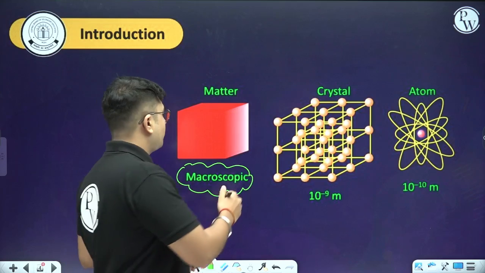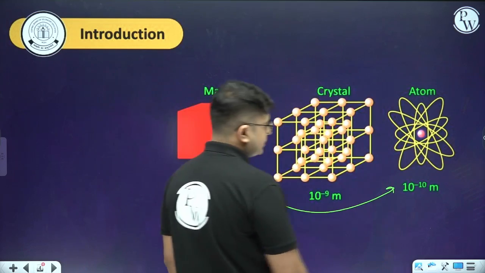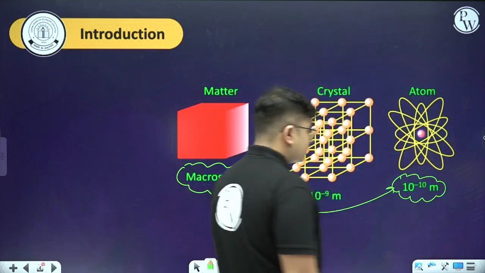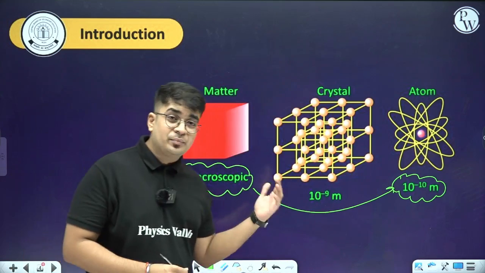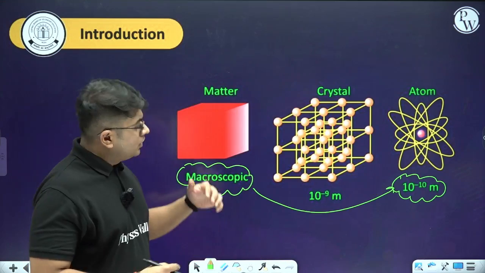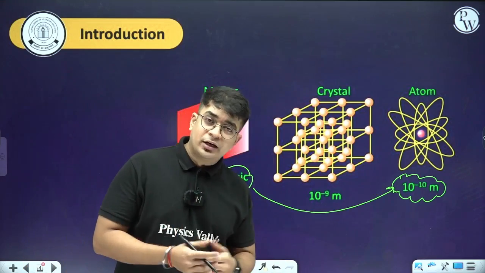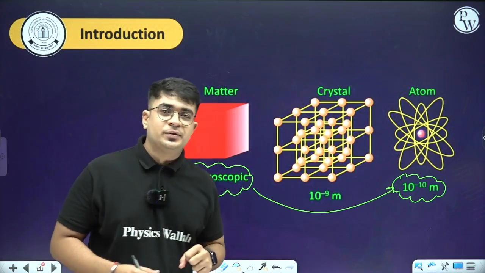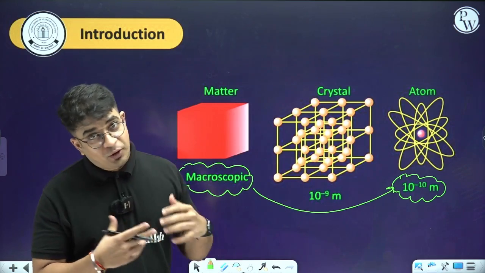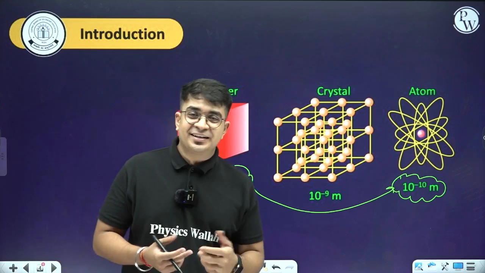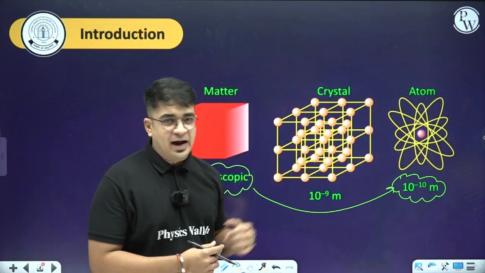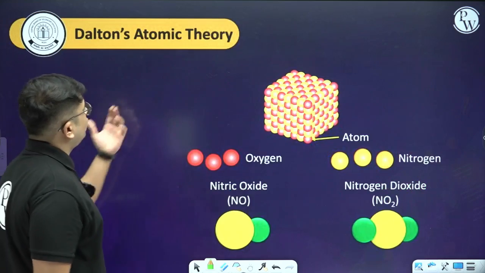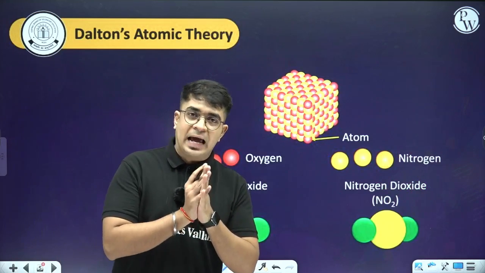And if I'm moving from macroscopic scale to microscopic scale, you can see the dimensions are going to change drastically. It is approximately 10 raised to the power minus 10 meter, which is 1 angstrom. I'm not saying that every atom is going to be 1 angstrom only, but it is in the range of angstrom, which is very, very, very small. You cannot see this with the naked eye, but we know about it, so definitely we need certain experiments to prove that the dimension of an atom is very, very small. The first part is Dalton's atomic theory, which talks about the atom only,